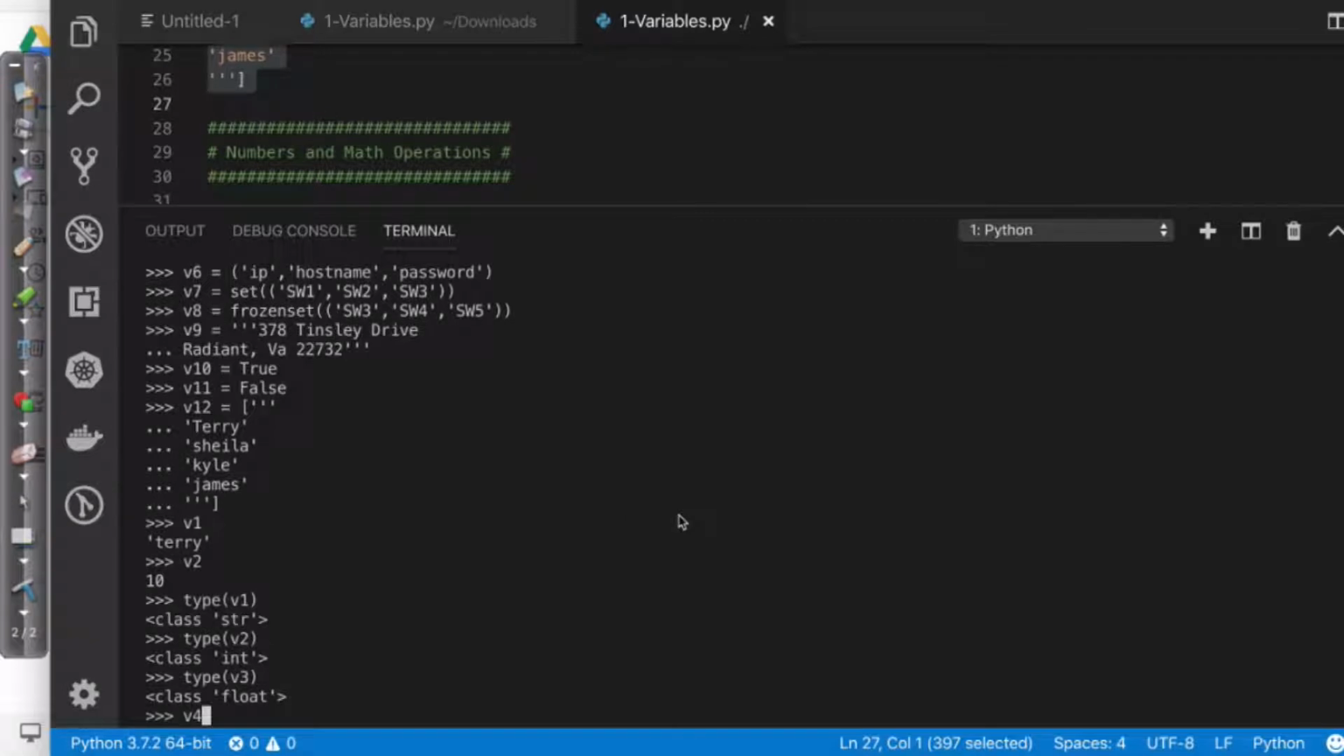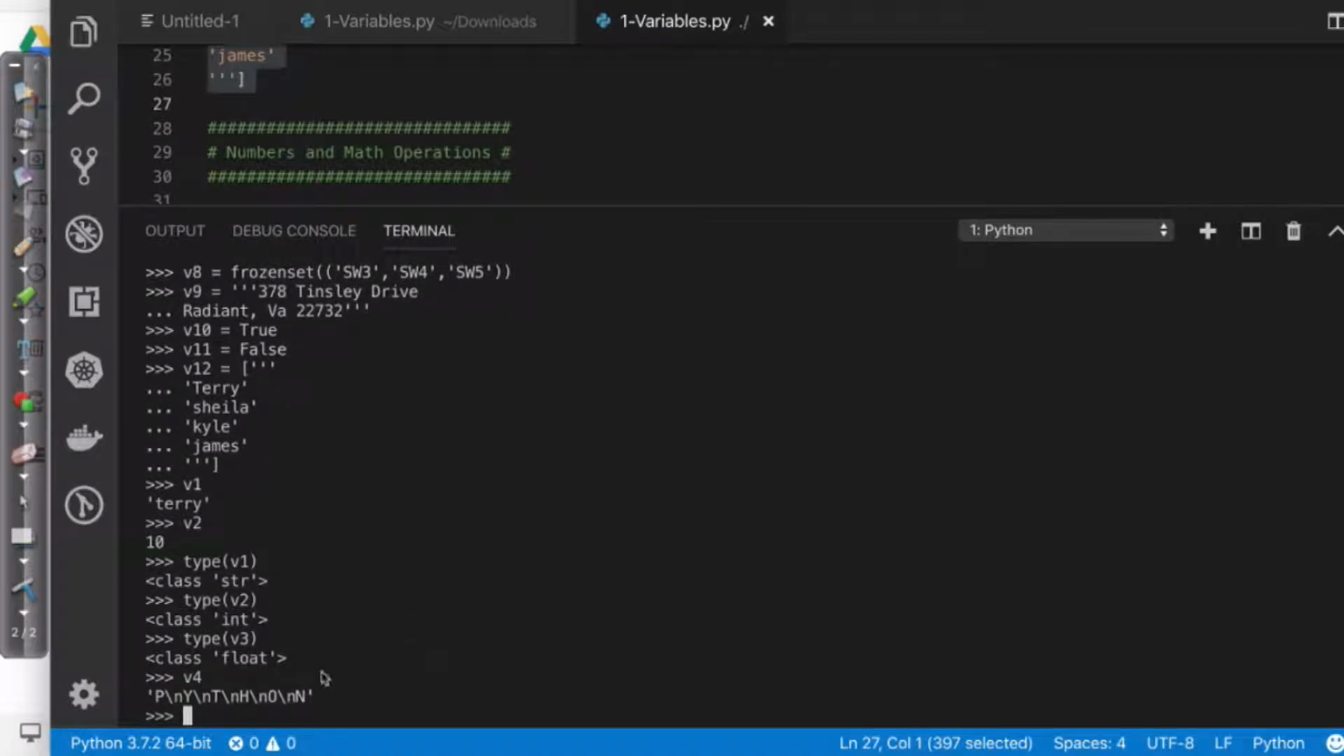Let's take a look at that. I'm going to say V4, and what we see here is that we have this value called \n. That is the symbol for Python to insert a carriage return. But notice it didn't insert the carriage return. That's because I'm just looking at the contents of the memory space. A carriage return is something that would be implemented if I actually print a value. So if I come over here and say print,